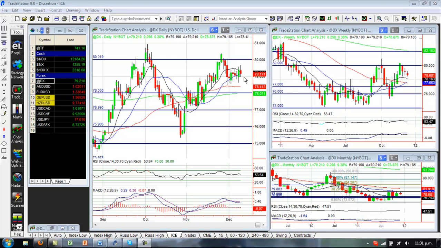Now, what was I looking at last week when I saw these charts? I was looking for a break up to the high of this daily candle, which was Friday from the week before, and I thought that would result in a bullish move, maybe coming up towards 80 and testing that region. We've had an ever so slightly bullish move, and we've pushed slightly higher, but we've failed to get any momentum at all, and ultimately had a quiet sideways week.